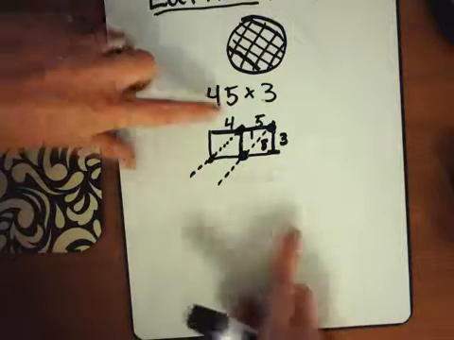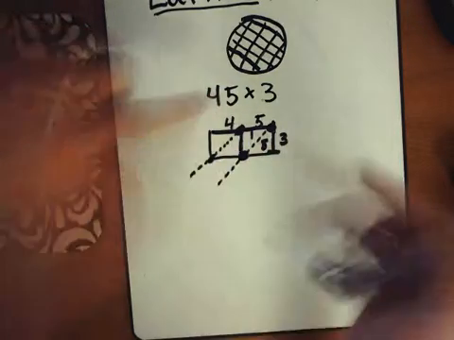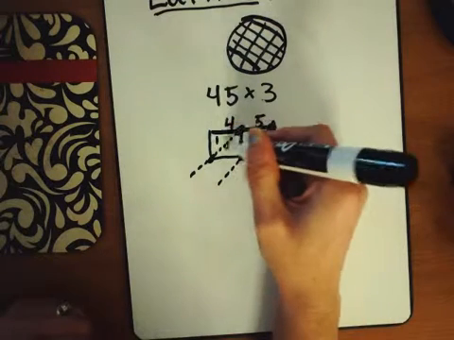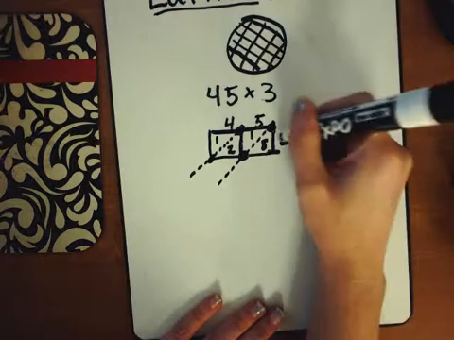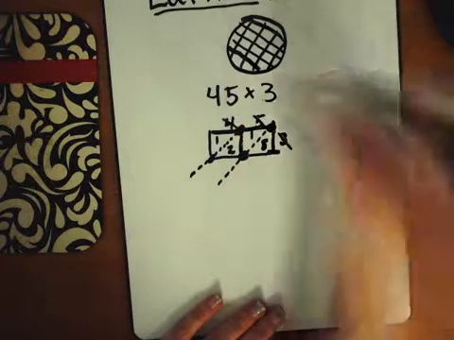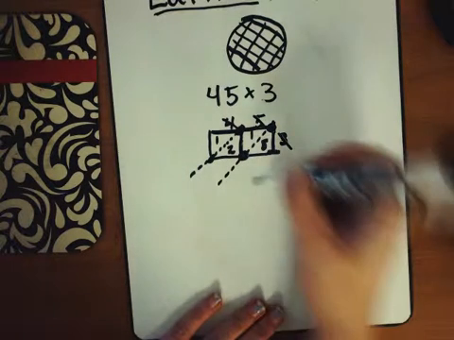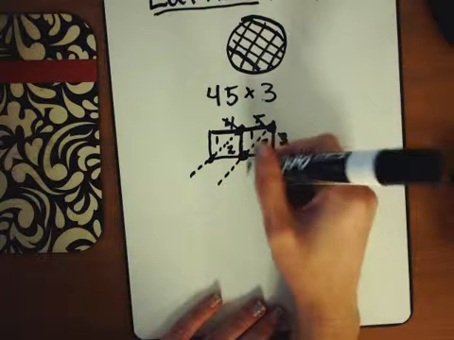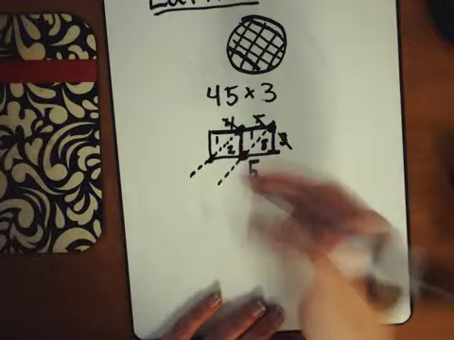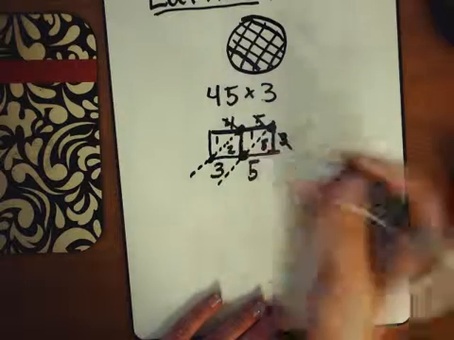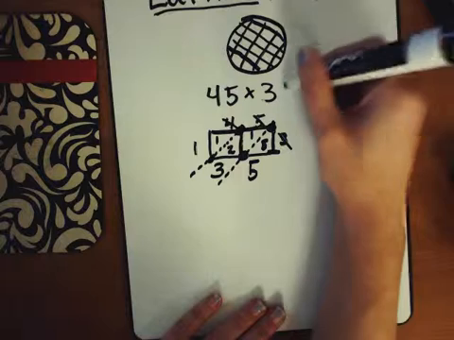Okay, then I'm going to share my box here. 4 times 3 is 12, so that's 1 ten and 2 ones. So then I'm going to add along my diagonals here. So I can cross out these digits here so that I don't get them mixed up. I have 5 plus 0 or nothing else. I just drag that down as 5. Okay. Along this diagonal, the digits are 2 and 1. What is 2 plus 1? And then I have 1 all by itself, so I'll drag that 1 down. So 45 times 3 is equal to